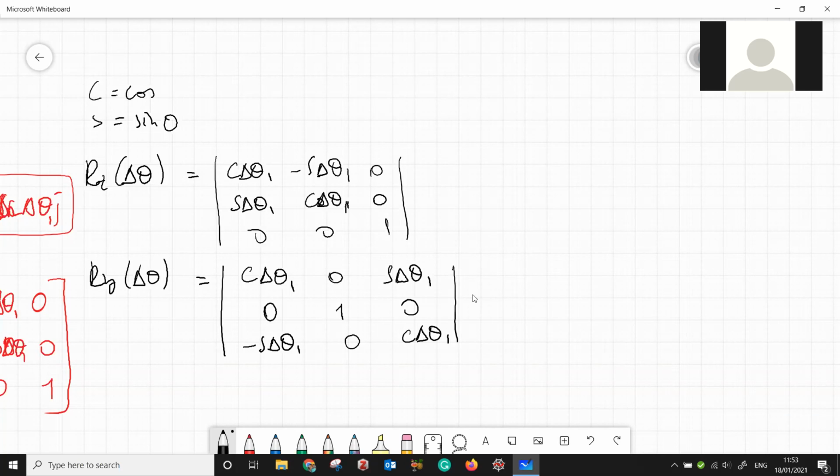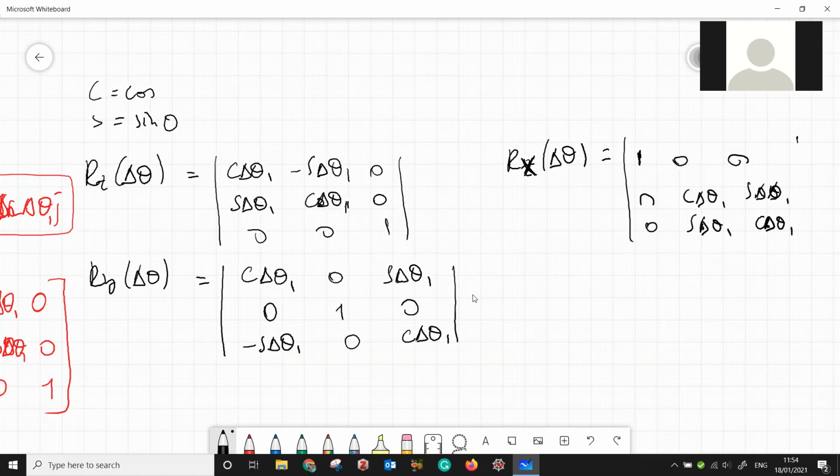And the third one, I can write here, I could have space here. I could write Rx of delta theta can be written as 1, 0, 0, 0, cos delta theta 1, sin delta theta 1, sin delta theta 1, cos delta theta 1, 0. Maybe I could have missed a positive or minus sign; we can check that one. But the concept is,